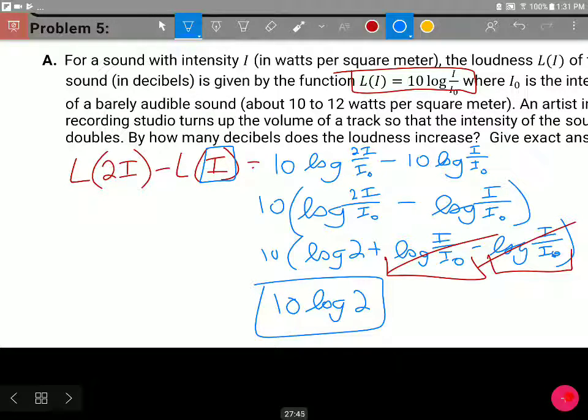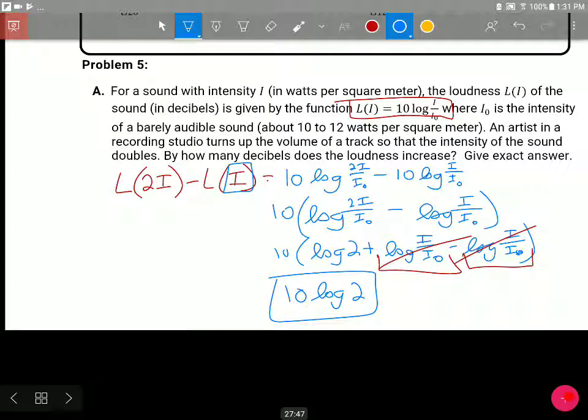Cool? The whole thing boils down to a 10 log 2. Straight up. The whole thing boils down to a 10 log 2. And that's it. You take out the